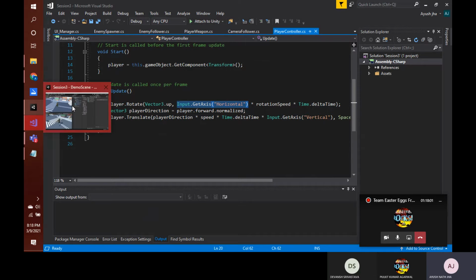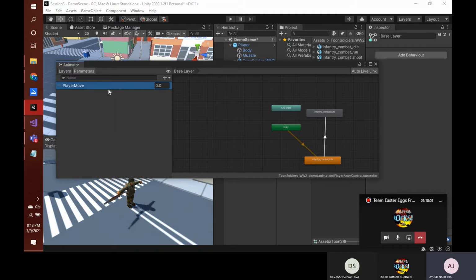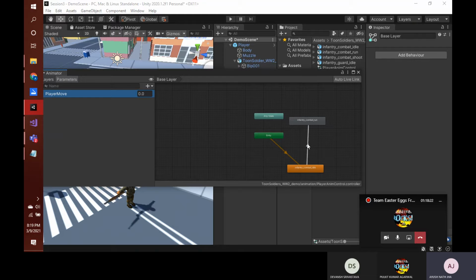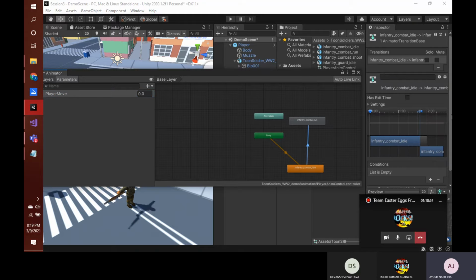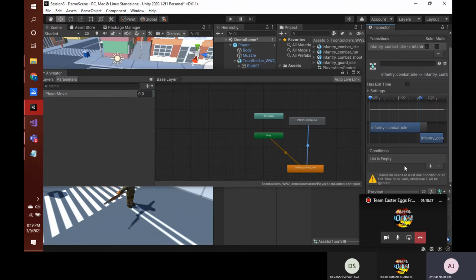So in our animation also, what we need is that when this player move value is, let's say, greater than 0, then we want the animation, this combat run animation, to shift to this combat run animation, so that when the player is moving, then it doesn't play this idle mode animation, but it runs this run mode animation. Okay. So if we click on this transition again, and if we move down here in this condition list,